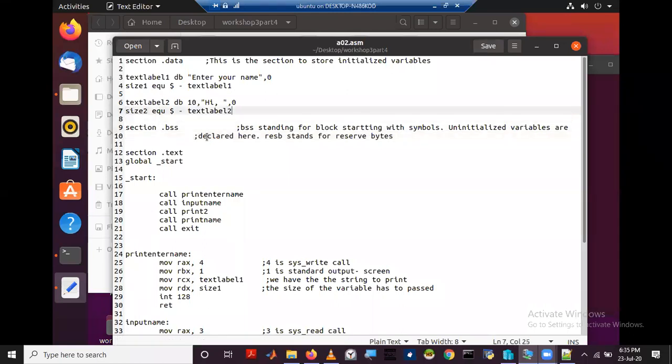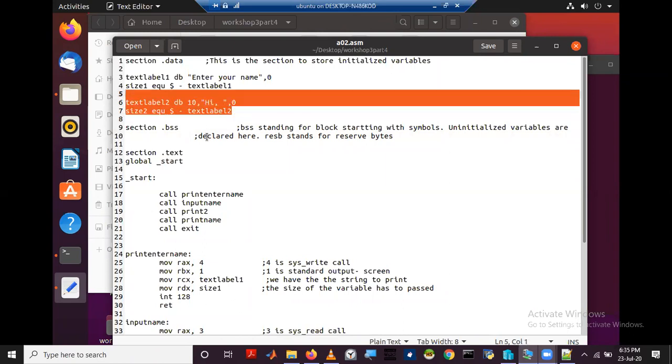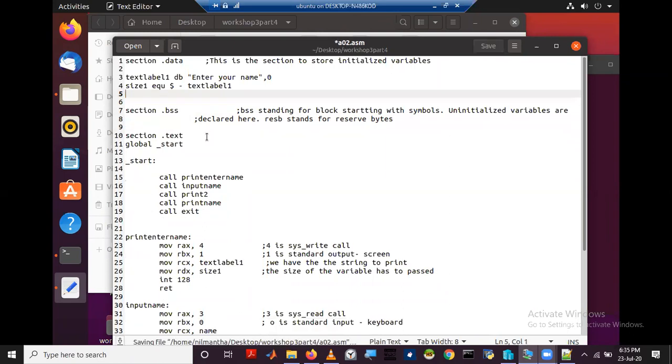I have only one initialized variable, that is hello, because my program asked me to print hello 10 times to the console using a loop. So a loop we are going to create using the knowledge of subroutines and jump.